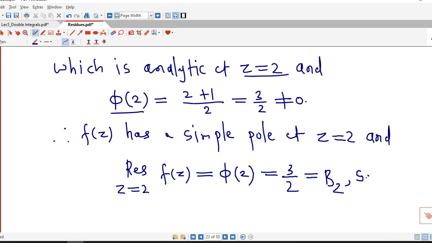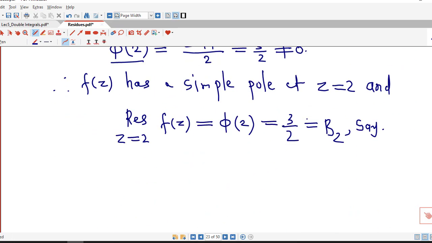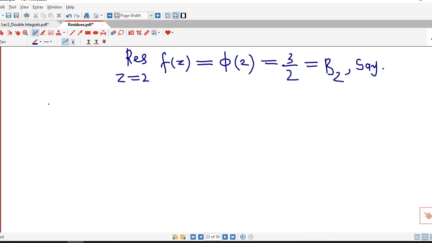This we denote by b2. So we have calculated residues of f of z at both the isolated singular points. So now we can write by residue theorem